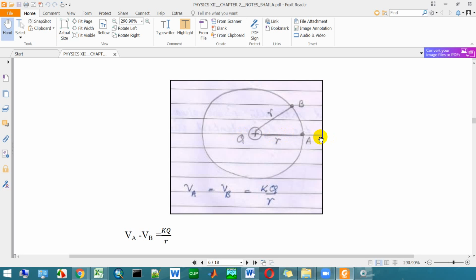Already in the first chapter we learned how to sketch electric field lines due to q greater than 0. When q is greater than 0, meaning q is positive, the direction of the electric field is radially outward. So this is the direction of the electric field and this is the direction of dl. So already we proved that the angle between the electric field and dl is 90 degrees. The direction of dl at this particular point A is along the tangent. So the angle between this dl and E is 90 degrees.